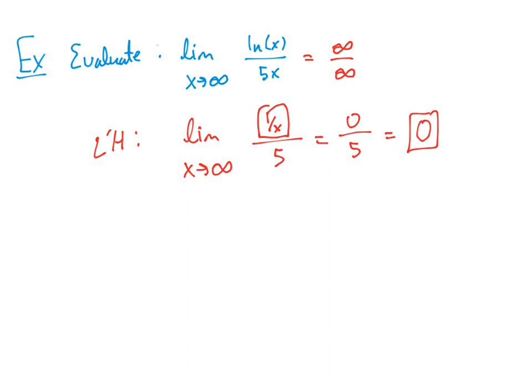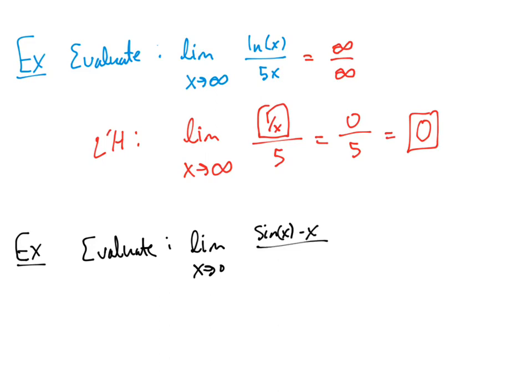And I think that's all I want to do in this video. Actually, let's do one last example. So evaluate this limit: as x goes to 0 of sine of x minus x divided by x squared. All right, so by direct substitution here, sine of 0 is 0, minus 0 is 0, divided by 0, so that's an indeterminate form. So we're going to apply L'Hopital's rule